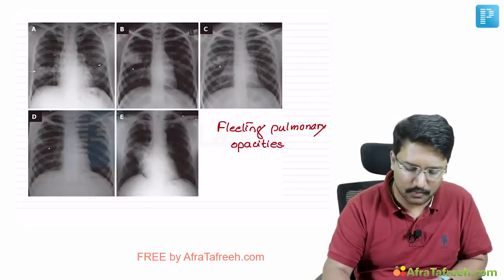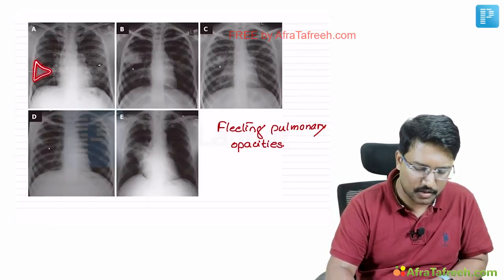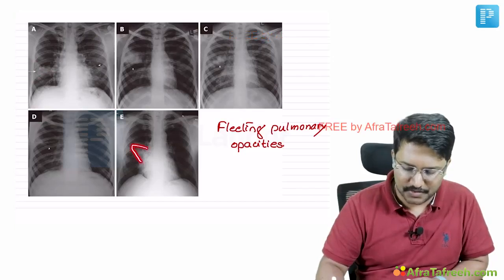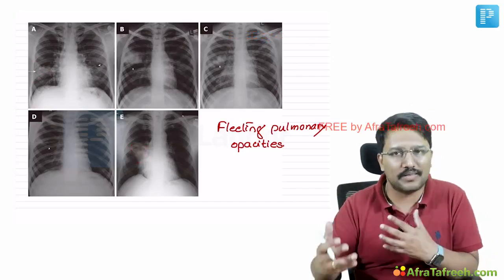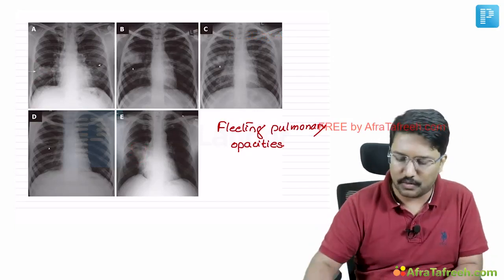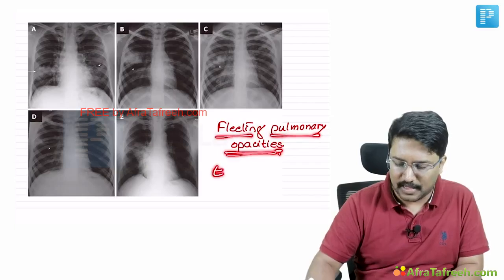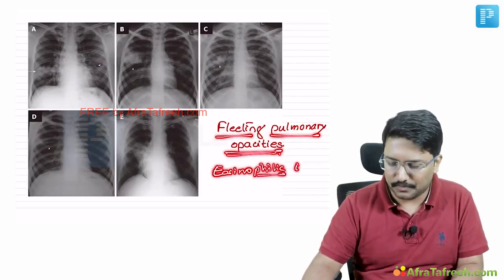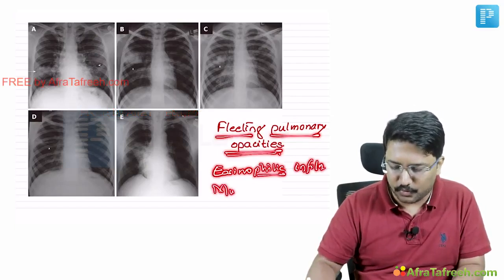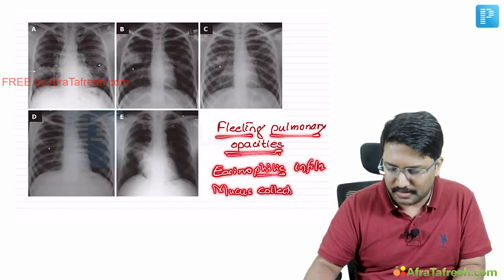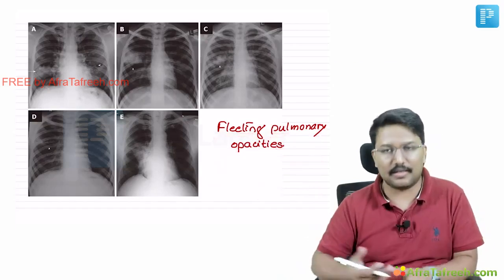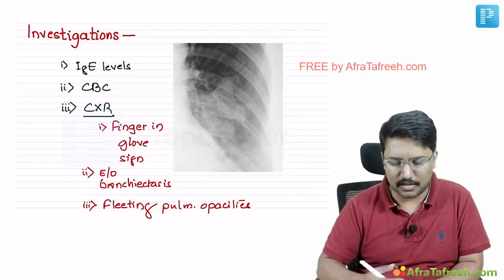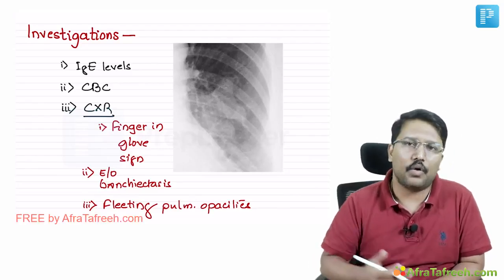So the starting opacity was wedge-shaped with the base of this wedge on the pleura, towards the periphery, and the peak pointing towards the hilum. Now you have an opacity whose base is towards the hilum, right? So the opacities are changing their location and form. This is what we call fleeting pulmonary opacities. These can be either because of eosinophilic infiltration, which itself is changing its location, or because of the mucus collection, which is getting cleared off from the original site of collection and then again getting collected in some other location, right? So when these radiological findings occur in an asthmatic or a cystic fibrosis patient, you will be thinking of ABPA.